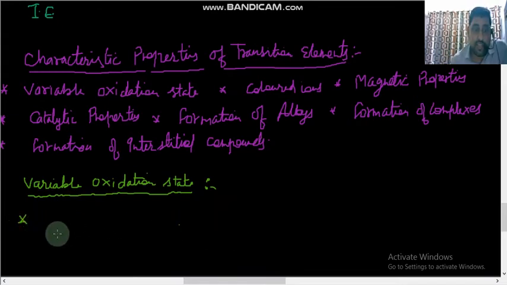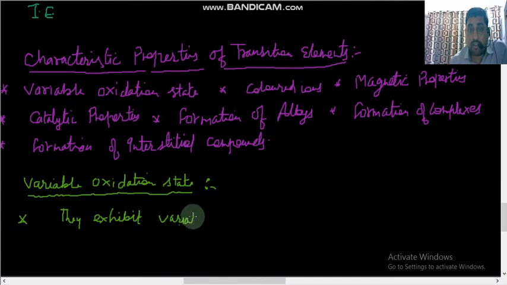Now in this heading, the first thing is that the d-block elements exhibit variable oxidation states or valencies